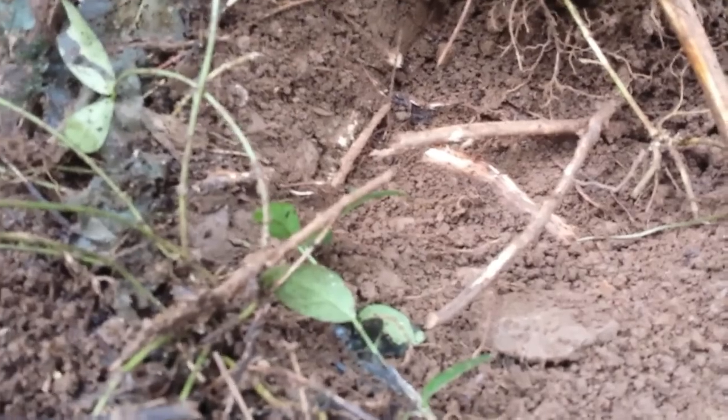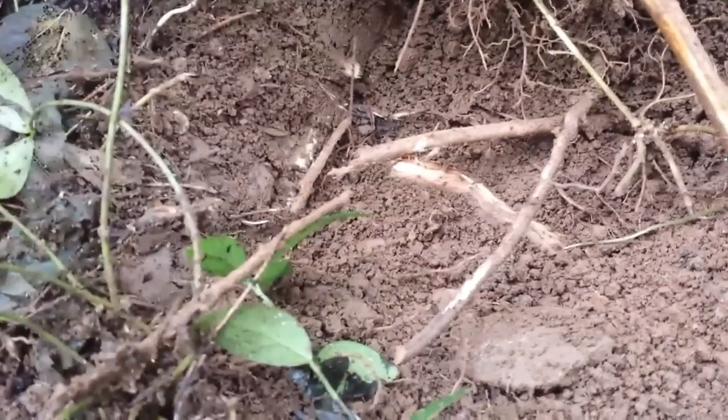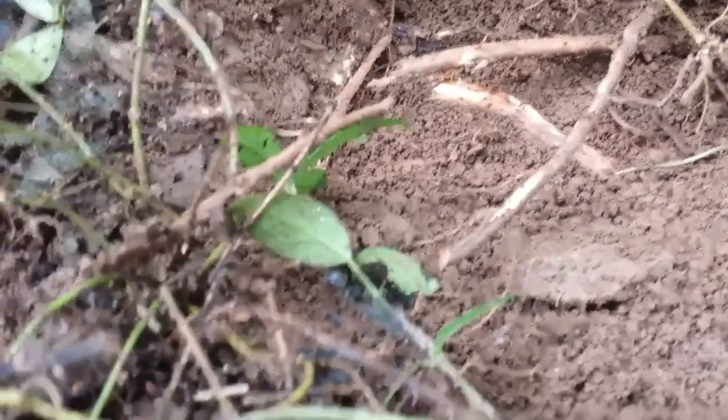Next signal is a 66. You can tell there's some rough digging around here. It's got a lot of this ground cover, some form of ivy, I believe. But anyway, I hit a 66. I was going along,